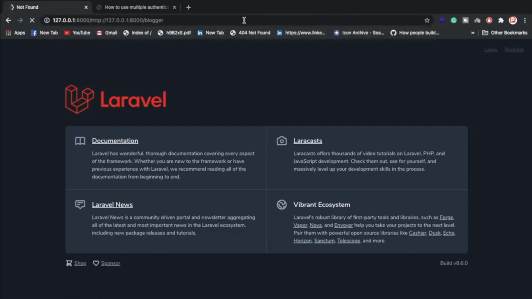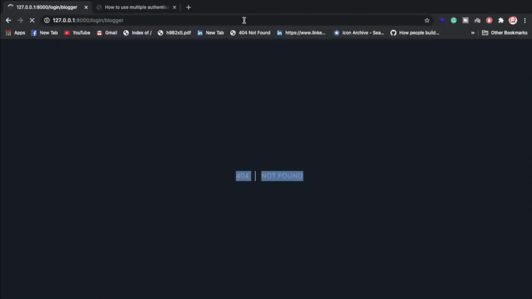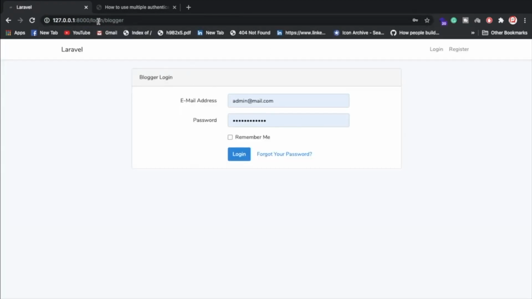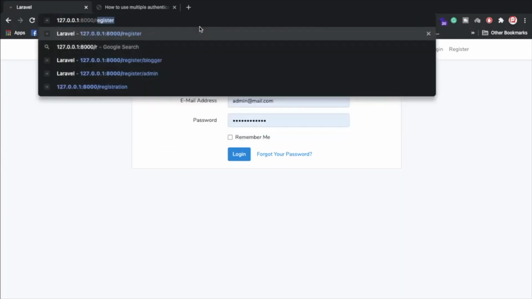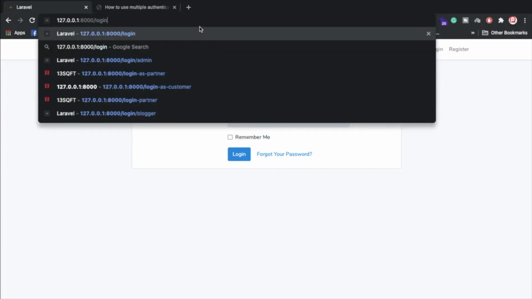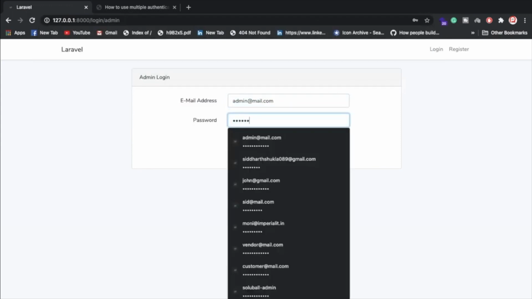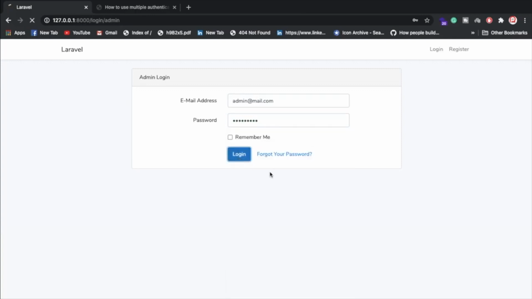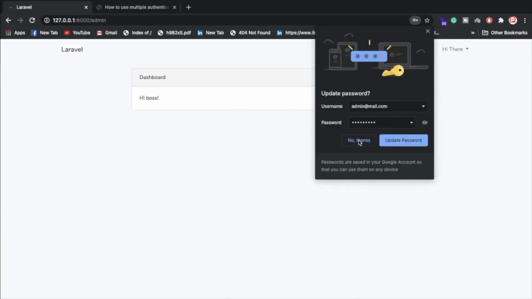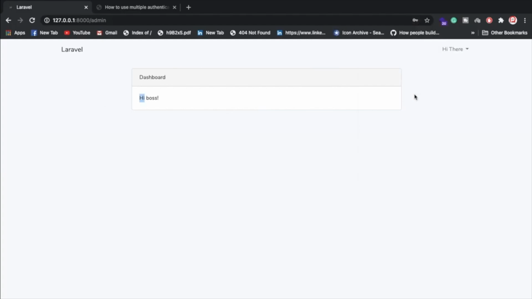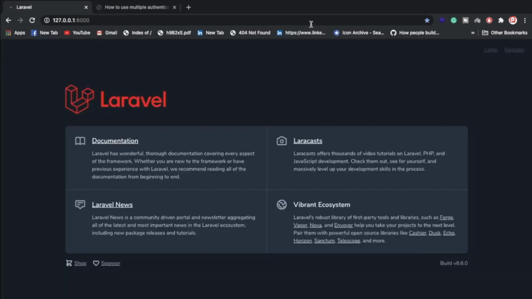Let me again go inside my project, which is blogger. Look, we are redirected here, so we can log in. Same, we have the second login, which is for the admin. I'm going to log in from the admin. I'm going to put the ID and password, which is admin something. Let me click on this. Look, we have the admin dashboard. So we have two dashboards here, and different users basically, so we can operate like this. So again I'm going to click the logout button.